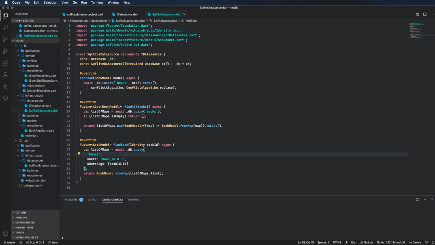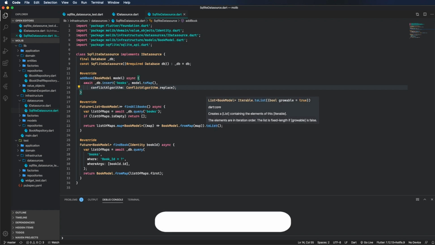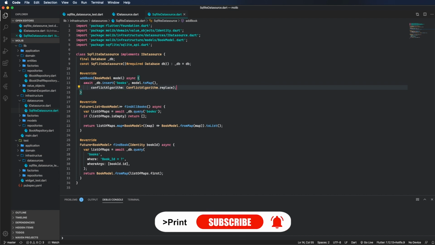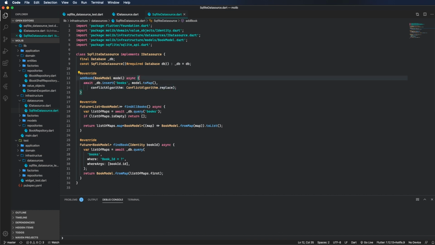Welcome to another video in this series about implementing domain-driven design in our Flutter applications. This video is the second part of the previous video where we are looking at implementing our data source, in this case using sqflite as our database technology. In this video, we'll finish implementing our data source, but we'll also do a couple refactorings